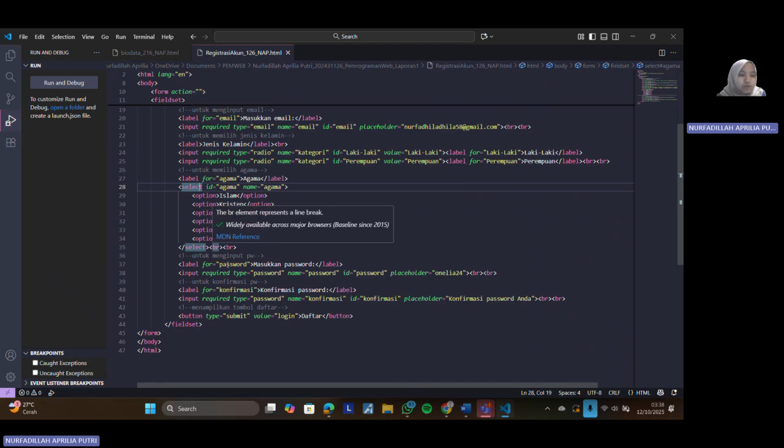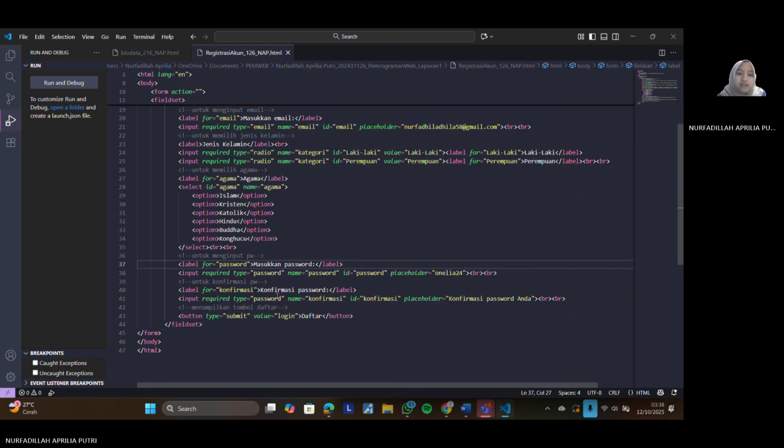For the password, we use the password type. So the user must type the password 2 times. One for making the password, and one for confirmation. This is confirmation. If they are not the same, the browser shows an error.